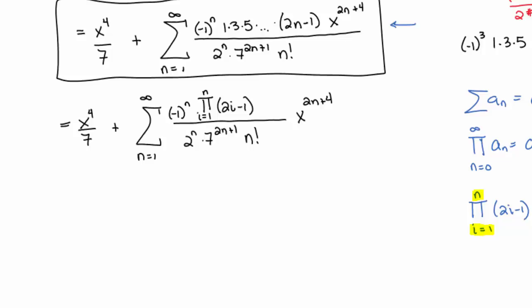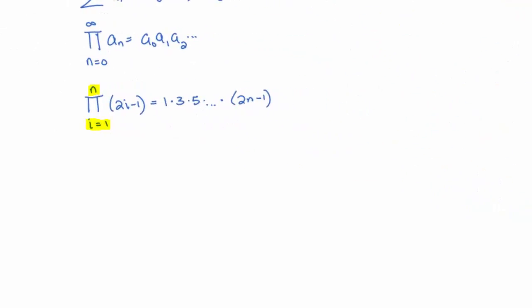Now, there is actually one other way you can do this, and the next way I'm going to showcase, again, it's just an alternative way, but it is a really advanced way. Well, maybe I shouldn't say it's a really advanced way, but it's a way that is very ingenious. Let's take a look at that 1, 3, 5, and so on and so forth, all those odds. 1 times 3 times 5, and so on and so forth, all the way up to 2n minus 1. Well, that's very, very close to 1 times 2 times 3 times 4 times 5, and all the way up the line until you get to,